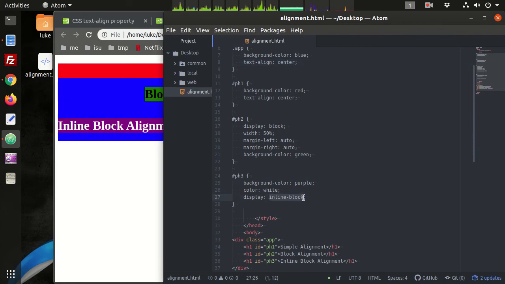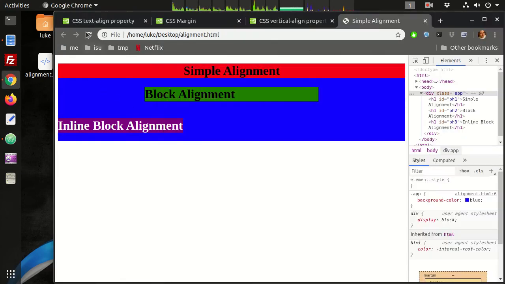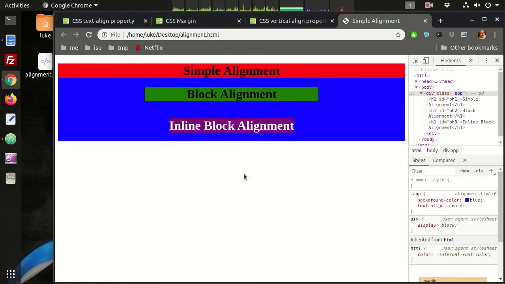There's display inline, which is what text is by default, and inline block is a div. It's a container, but it behaves like an inline element. So inline elements can be horizontally aligned by text align center on the parent. And we see that this got centered. We also saw this refresh and get centered.